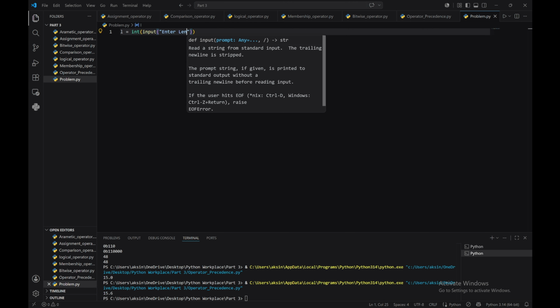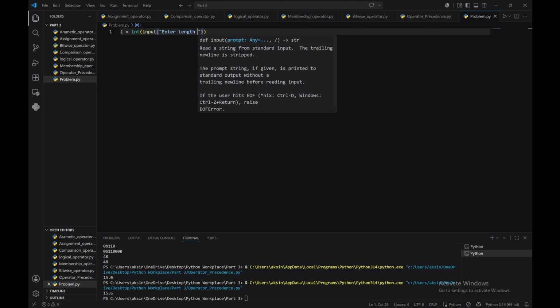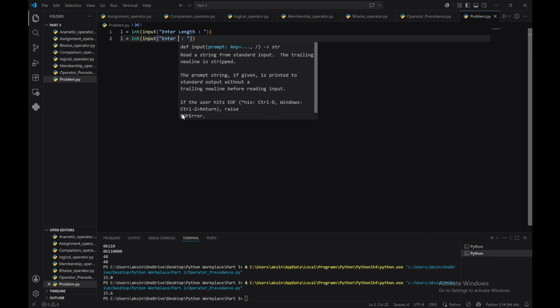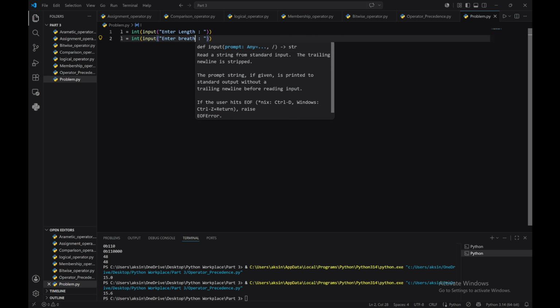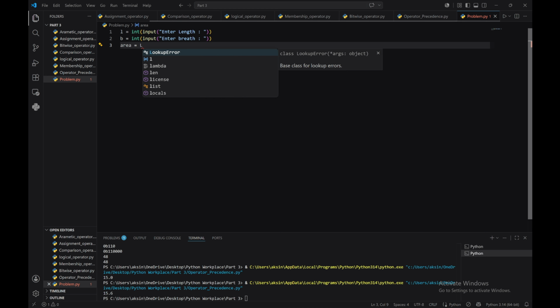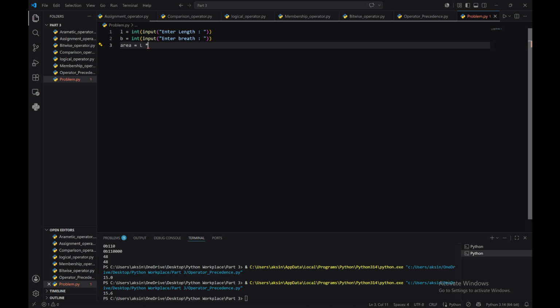and for the second one we will take the input of breadth. And for area, area equals length into breadth,